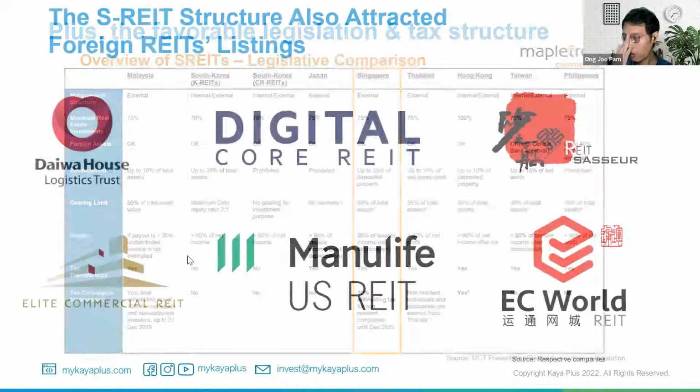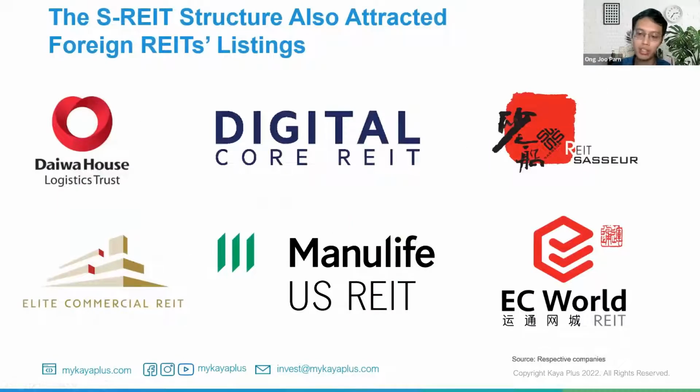Right. So of course, you would also be surprised that apart from Singapore born and bred REITs, there are also other REITs coming to list in Singapore Exchange. And we are talking about REITs having properties in Japan. Say, for example, Daiwa House Logistics Trust, 100% of their properties are in Japan, but they chose to list their REIT in Singapore. Digital Core REIT, a REIT that is in the data center scene,